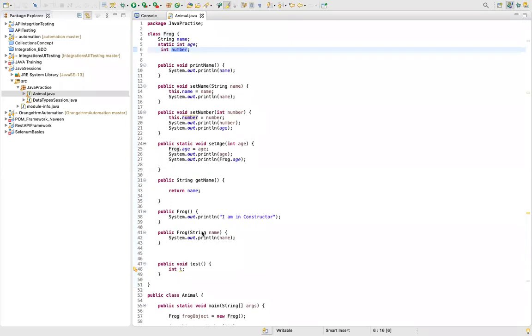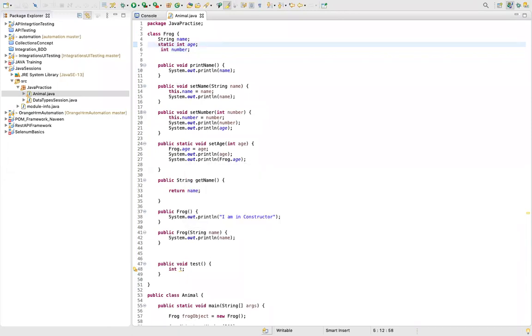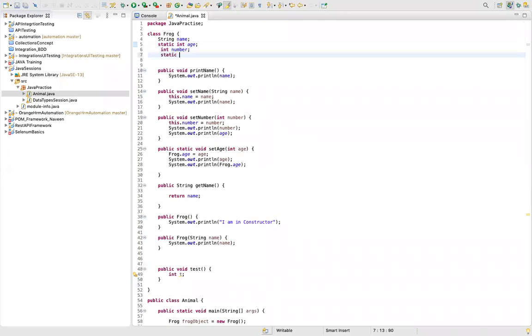The other thing is if we want a number which can be accessed, but you don't want anyone else to override or redefine its value, then you can use the keyword final. So how do you define a final number? You can say static. Let's create a new one so that there is no confusion. I will say static final number, lucky number. Let's say I have a variable called lucky number, and I don't want this lucky number to be changed from somewhere else.